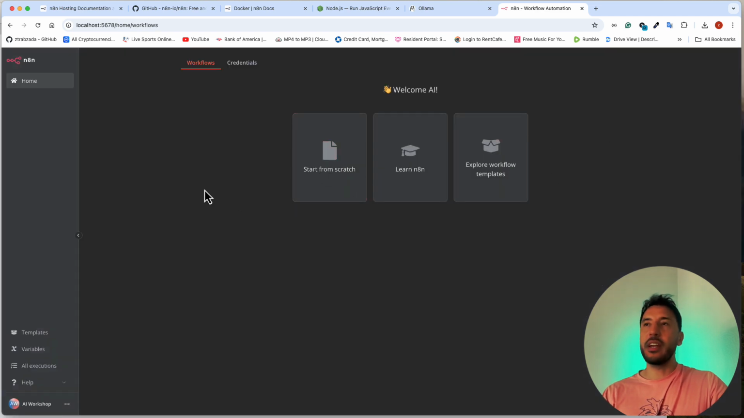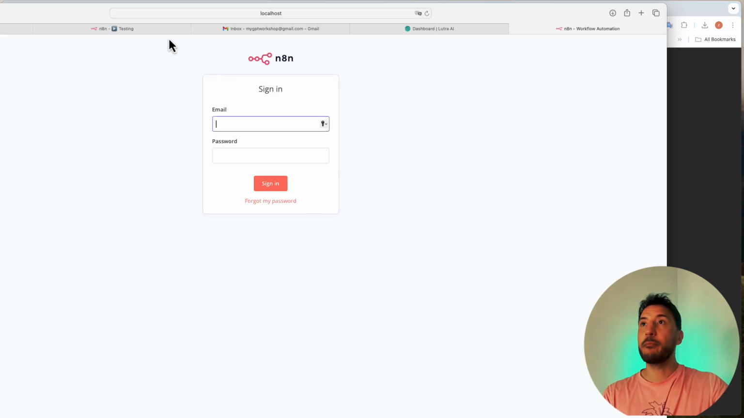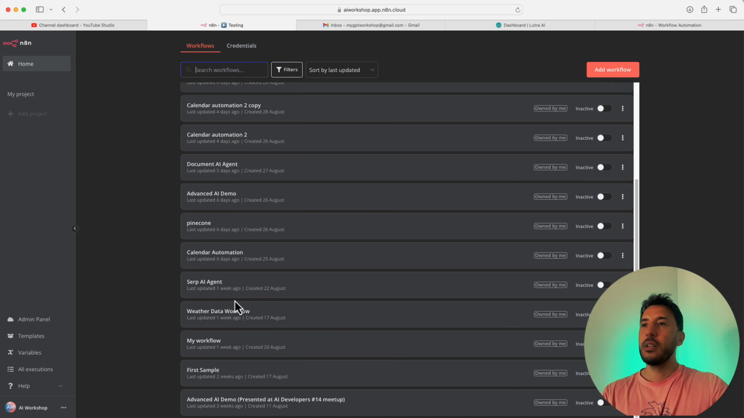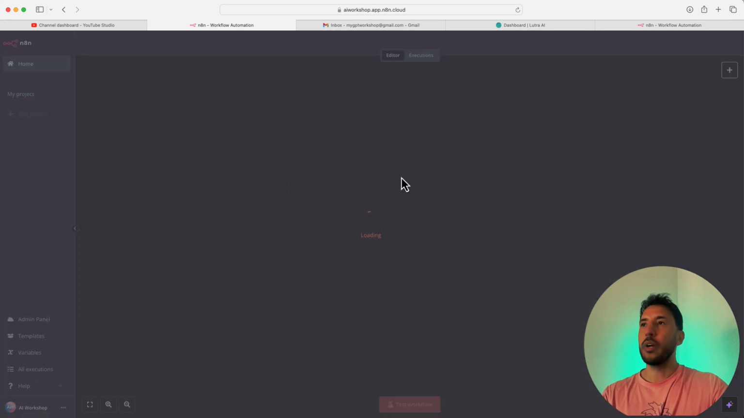So right now there's nothing here. If you already have an account in cloud and you've created several workflows, the way to grab the workflows from there and bring them over here is to go back to your n8n cloud account. So let me go ahead and open that. Let me go to my workflows here. Let's say I already have a bunch of workflows on my cloud account, and I want to bring in this workflow